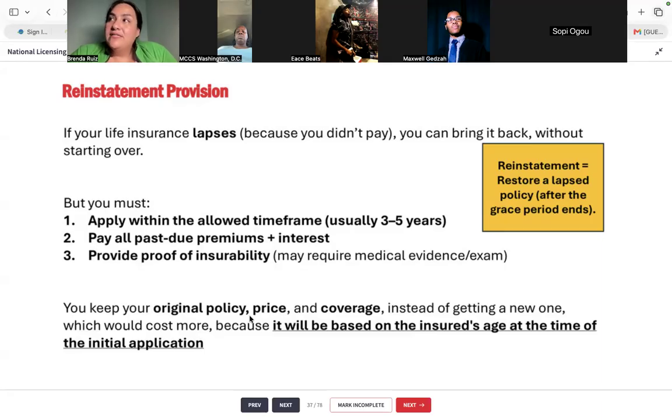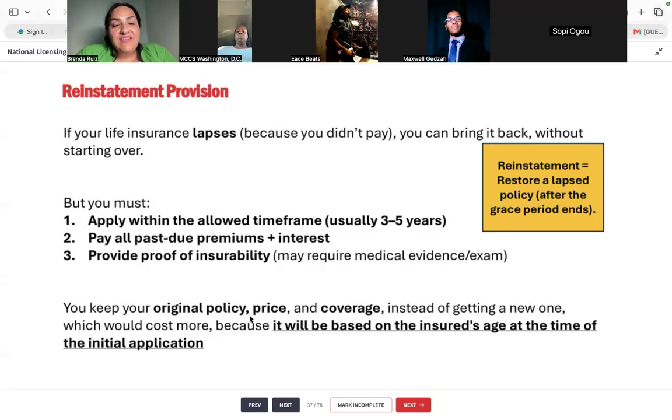So imagine you have a policy for 15 years, right? If you have a policy for 15 years and then you let it lapse for 2 months, and you try to go get a new policy. Well, it's going to be a lot more expensive 15 years later, right? It's probably easier to just pay back what you owe and reinstate the policy that you currently have than to get a whole new policy, right?